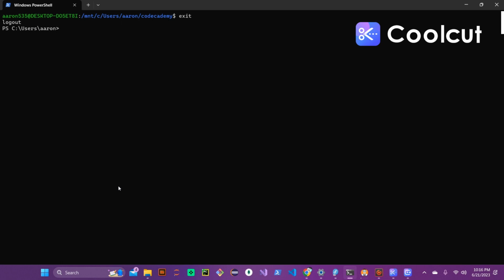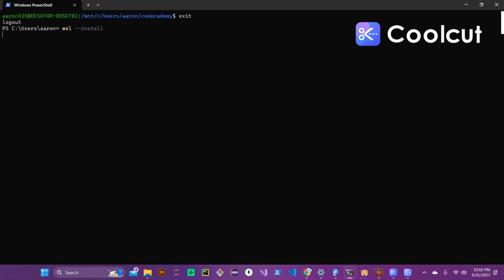So the first thing we're going to do is we're going to open our Windows PowerShell. And once we have that open, you'll see your command line there for it. And it's in the standard Windows command line system that they have. So first thing we're going to want to do is install WSL. So we're going to type in